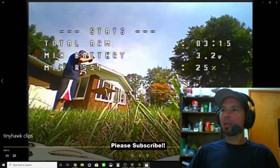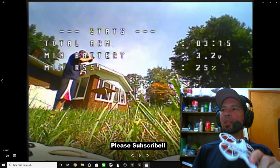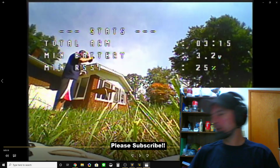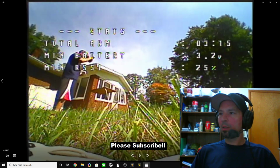So, between the fact that this flies extremely well and it's crazy durable are the main reasons why you should get this little guy. So overall, I give this thing about a 9 out of 10. If it just handled dives a little better, I would give it a 10 out of 10, but this is an amazing little machine, alright? So that pretty much wraps this up, but that's why the Tinyhawk should be your